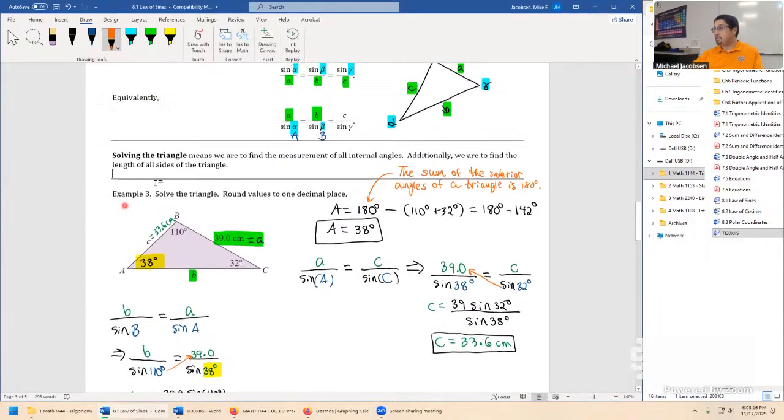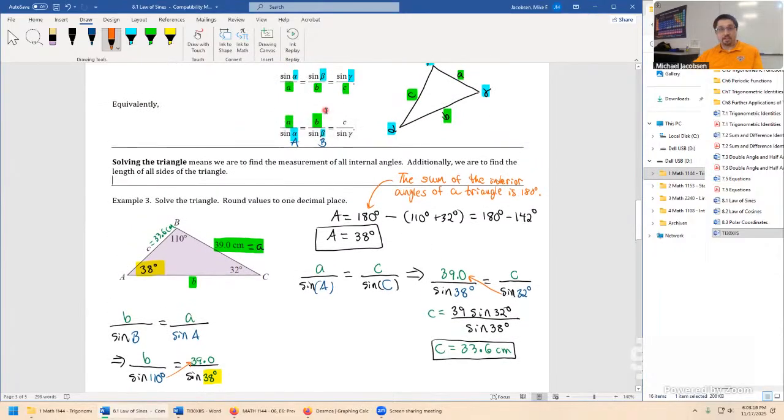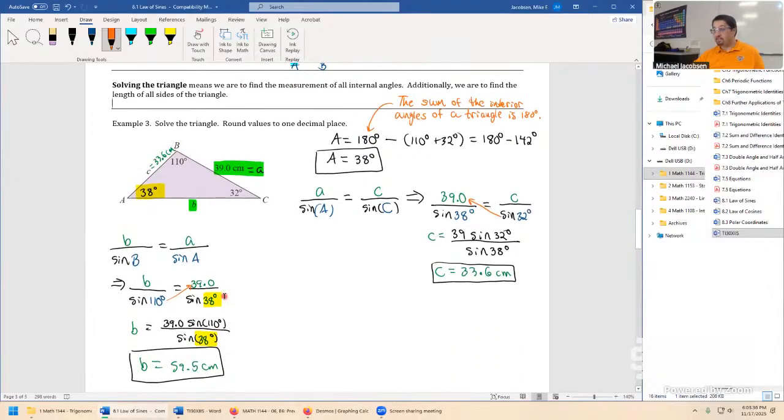So we used this bottom row here for solving for sides. Sometimes it's the convenient set of equations because the unknowns are up in the numerator. So we took B, the side, divided by sine of the side B, then took A, divided by sine of the side A, 38 degrees. Plugging in that information, we can solve for B immediately just by doing this halfway cross product, clearing the denominator. And that got us the last part of the problem.